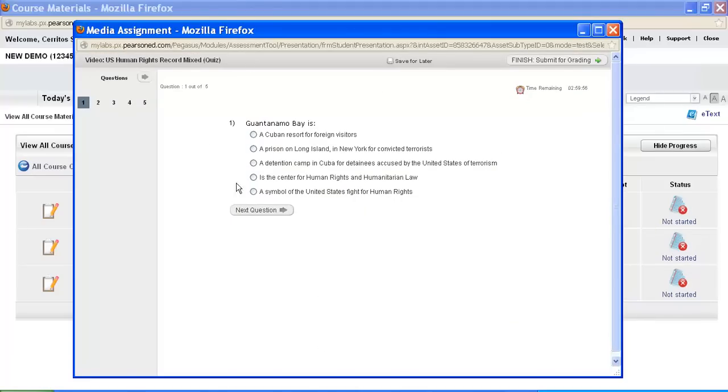What I want you to notice on this page, you'll get one question at a time, but I want you to notice that if you are interrupted while you're taking the quiz, you can come up here, click the Save for Later button, and that way you'll be able to save your work and come back to it later when you can complete it. Once you have completed making all your selections, you will click the Finish Submit for Grading